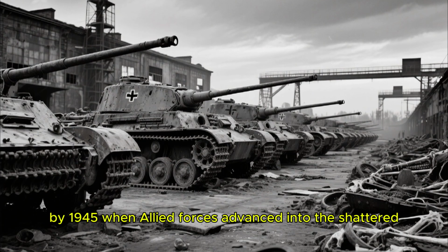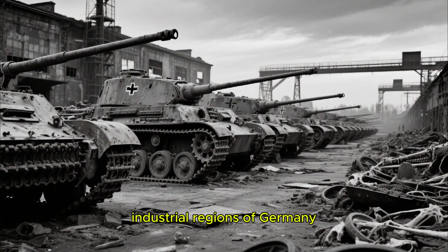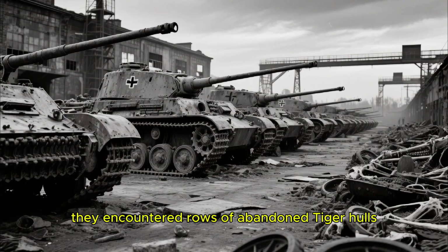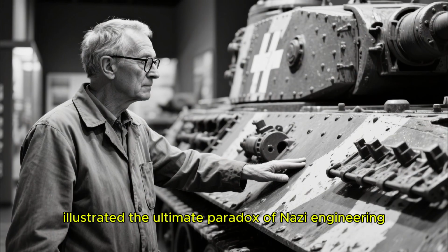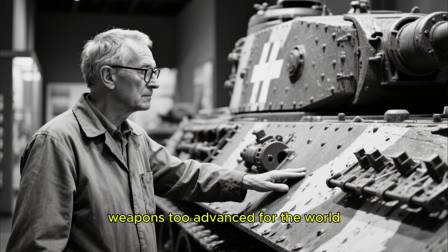time. By 1945, when Allied forces advanced into the shattered industrial regions of Germany, they encountered rows of abandoned Tiger hulls stripped of engines and tracks. These silent relics illustrated the ultimate paradox of Nazi engineering. Weapons too advanced for the